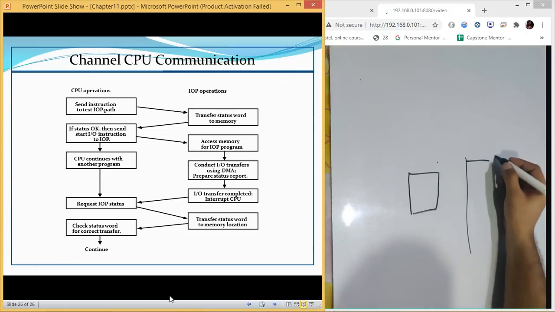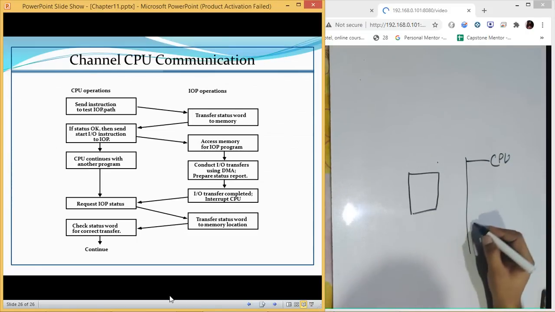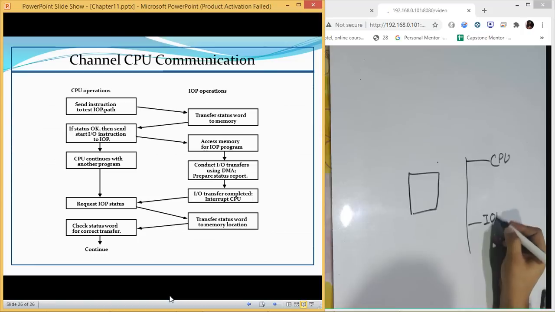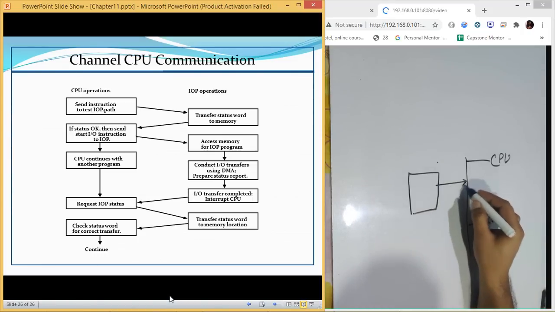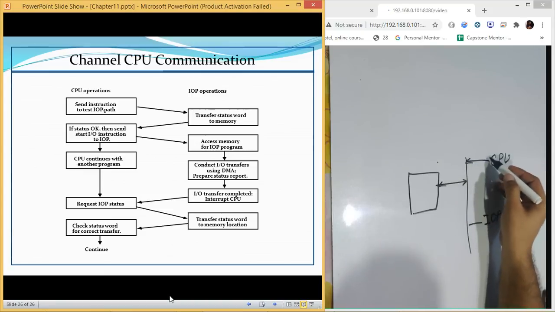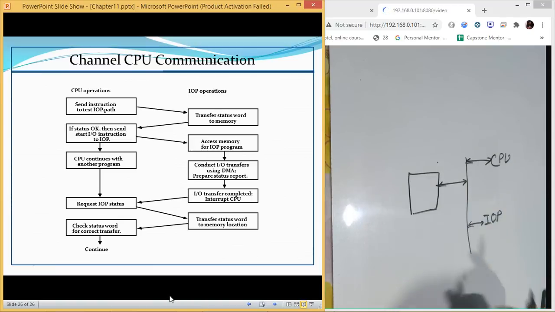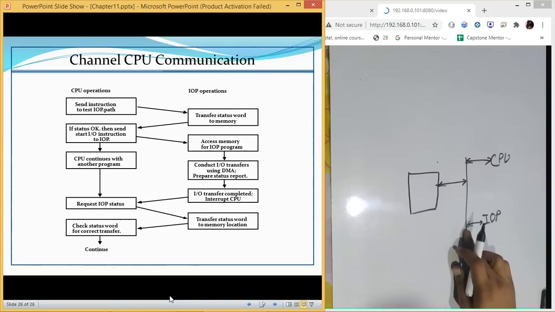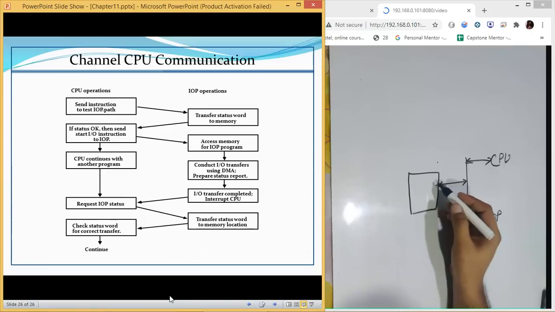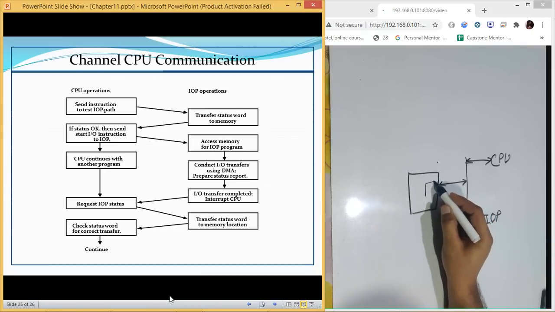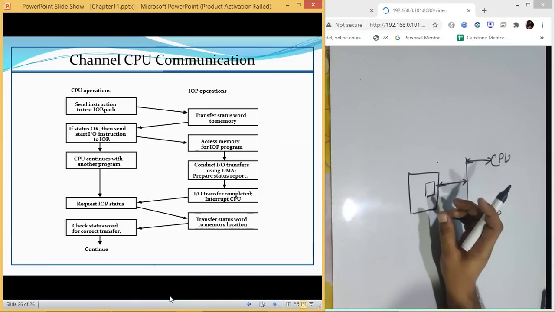One is the CPU, and the other one is the IO. Now, instead of sending messages to each other, like IOP sends a message to CPU, or CPU sends a message to IOP, what they do is share a common space inside memory.